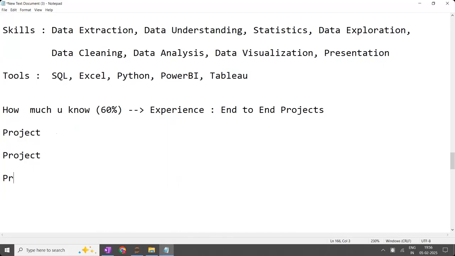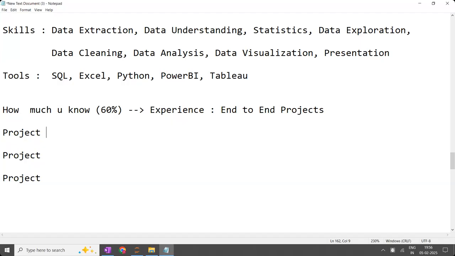First you are going to mention the skills and tools, and then you mention the projects. When you have end-to-end projects, everyone will consider you an experienced person. Without doing end-to-end projects, if you say that you know this, you will be considered a fresher. What is the difference between a fresher and an experienced person? Experienced persons already have the knowledge of the end-to-end solution. Freshers will not have the idea. That is the major difference basically.